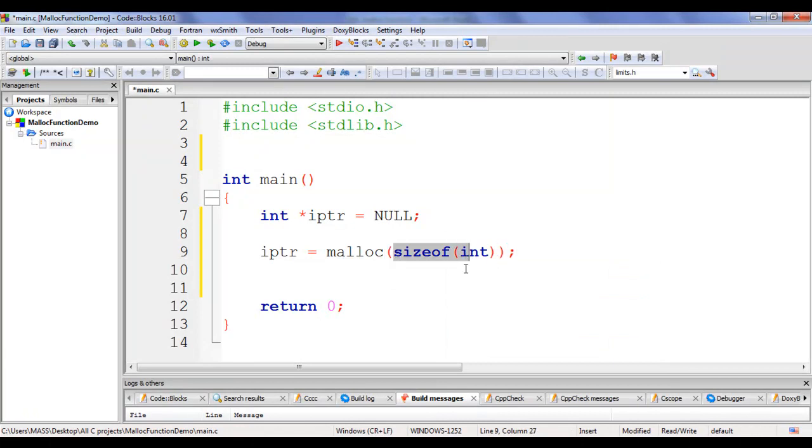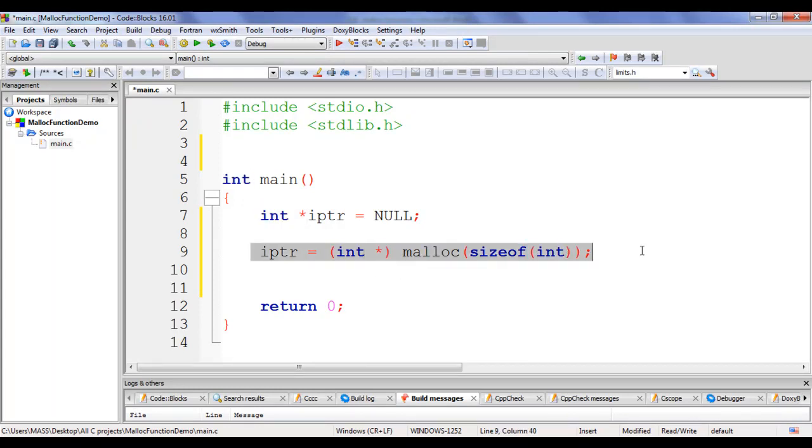Either we can write size of int or 1 multiplied by size of int. That means we want to allocate a memory block of size 4 bytes. It returns the address of the allocated memory block in the form of void star. We have to convert it into an int star, because on the left hand side we have a pointer variable of type int star. That's the reason we should write int star here.